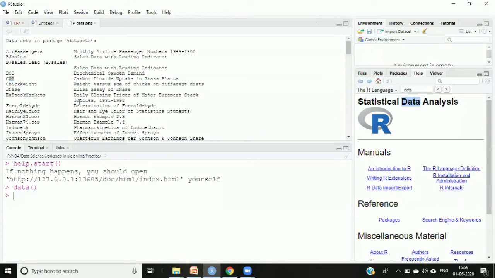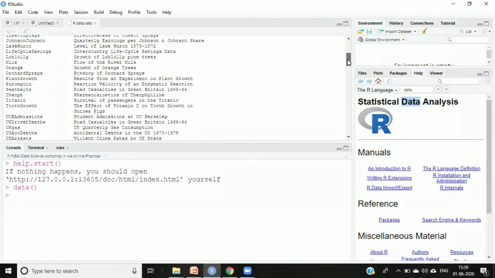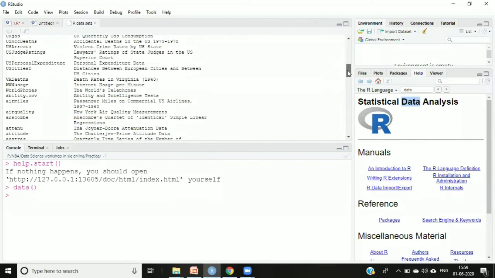For the analysis purpose, we're going to use many of these data sets. We can directly utilize these data sets. The information is already inside them, and we can do our analysis based on those data sets. If you fire the data command, you will see the whole set of data sets which are already available. For example, I can fire one command, view, and let's say mtcars.